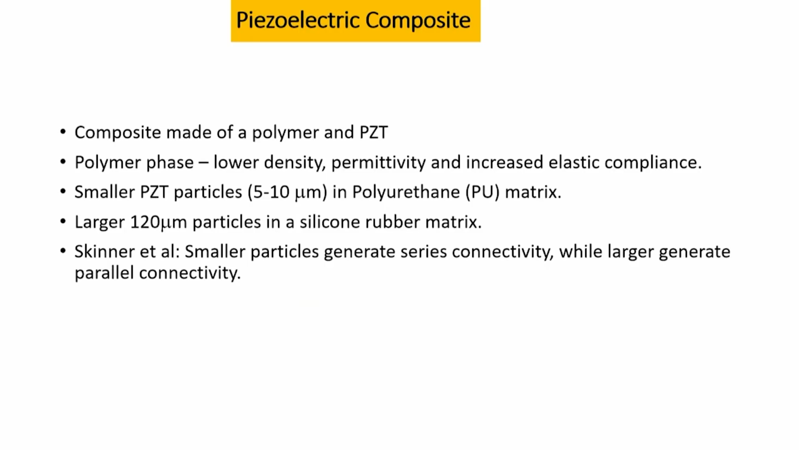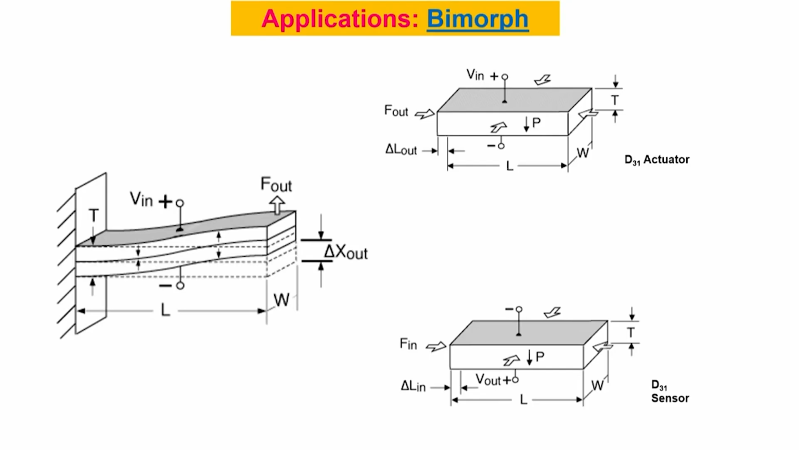Piezoelectric composites also you can make, like a polymer and a piezoelectric powder altogether can give a similar kind of compliance, and you can use smaller piezoelectric particles which can be put into a polyurethane matrix, and generally up to 120 micrometer particles can be put in a silicon rubber matrix, and using this also you can create a polymeric piezoelectric sensing system. Now, here we are showing some of them in terms of actuators and sensors, okay, and this